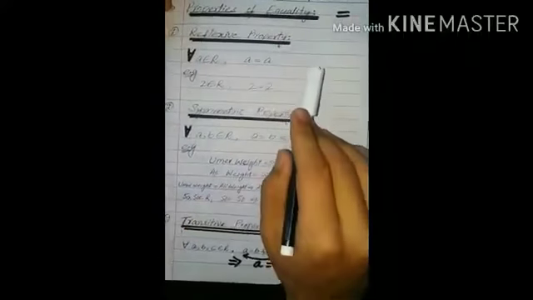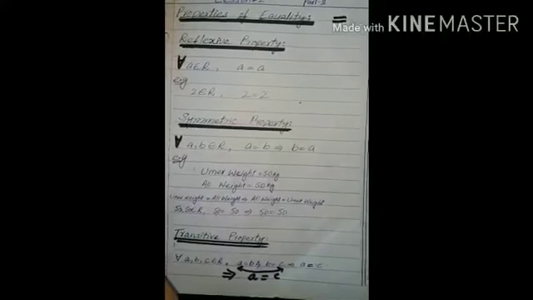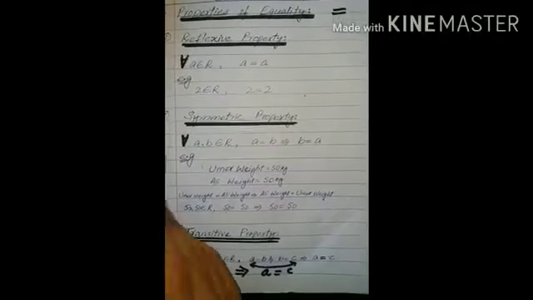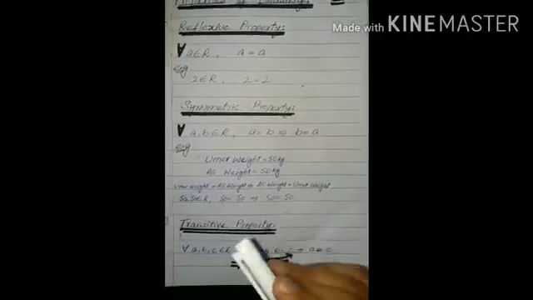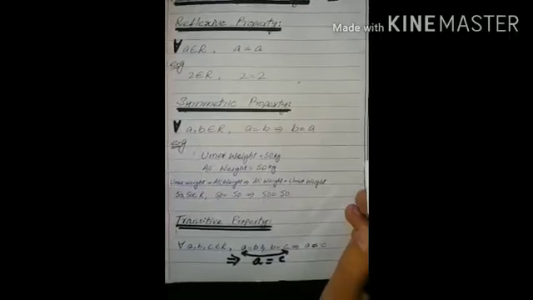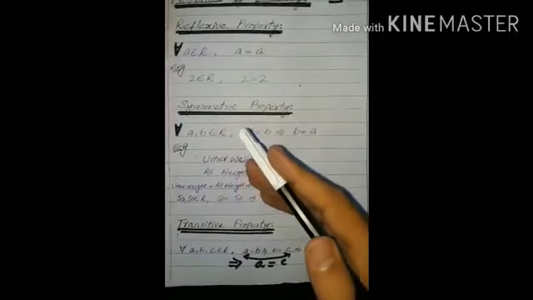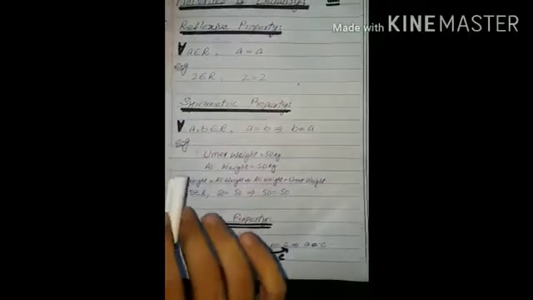Now next we have properties of equality of real numbers. This is the symbol of equality, and first we have three properties that you can see right on your screen. We are not using these properties for solving equations. We are just using these properties for things like proving theorems, and we usually use them in our daily life. You might know about these properties, but you have to learn their names.